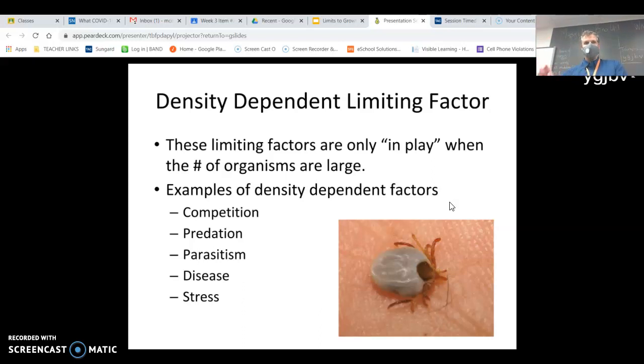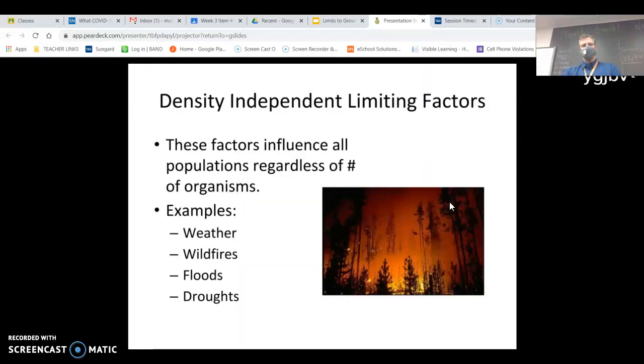predators can find a lot more to eat, the parasites, the diseases, and then stress. If I took everybody in your household and told them that for the rest of their life they have to live in that cupboard, they're not going to be very happy, right? They won't fit in there, so they'll be stressed out. So if I tell a deer you're going to live in one field with all the other deer in one field, that's a stressor and that's a density dependent limiting factor. Correct. Versus density independent limiting factors, where you have weather or natural disasters, that